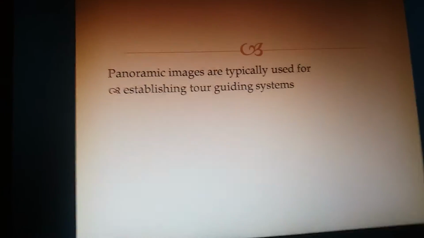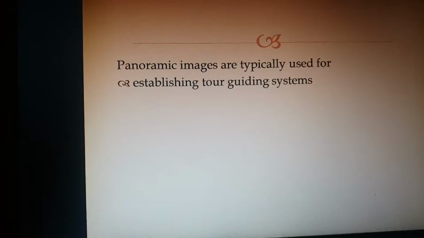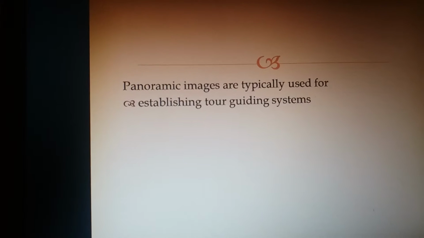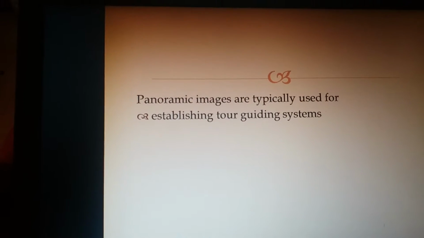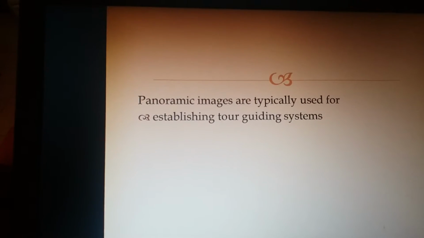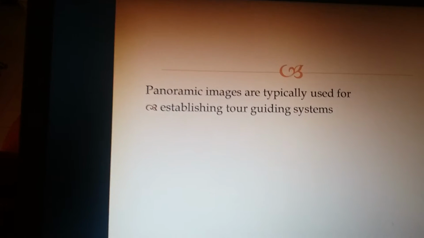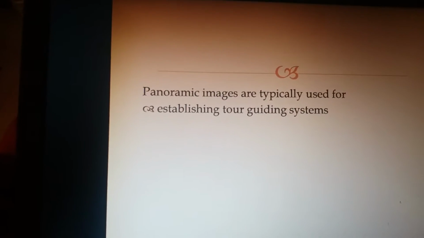The applications of panoramic images are basically establishing guiding systems. It is used in Google Maps and for new places. It is even used in virtual reality to give a feel that we are actually in that place. For that we will be using a 360 degrees by 180-degree panorama.